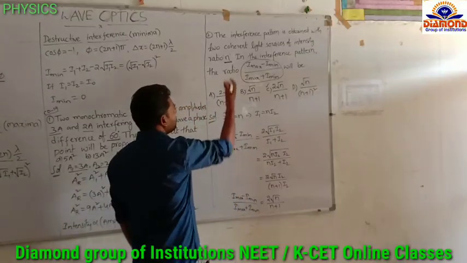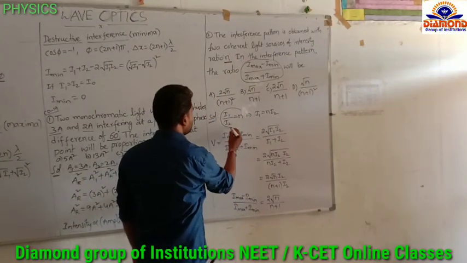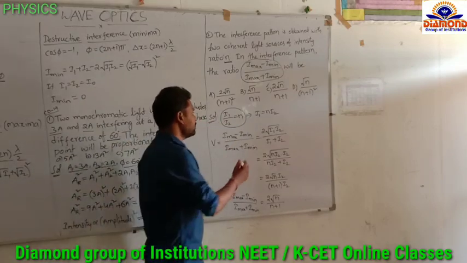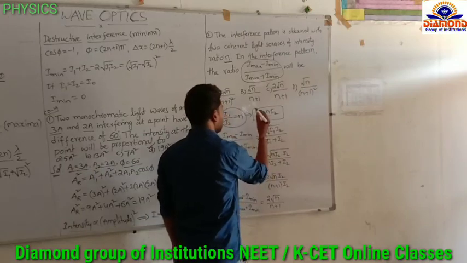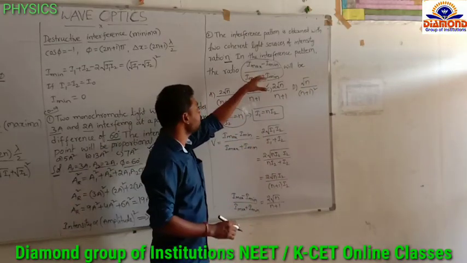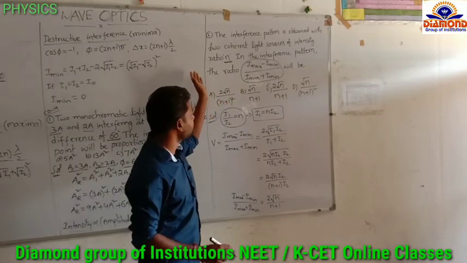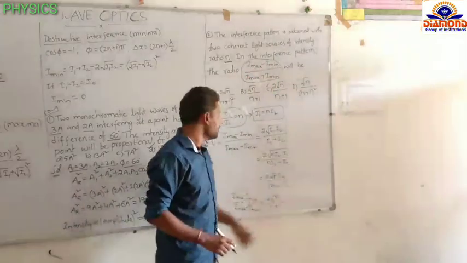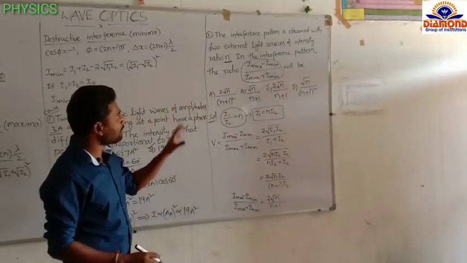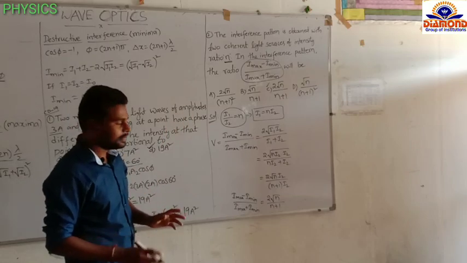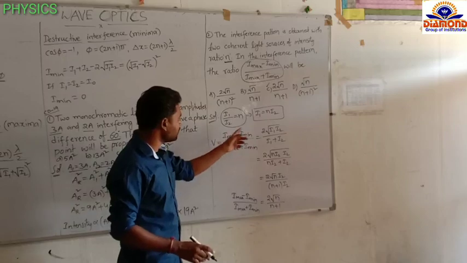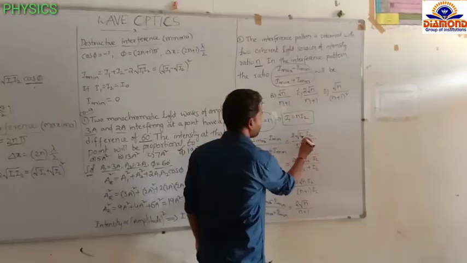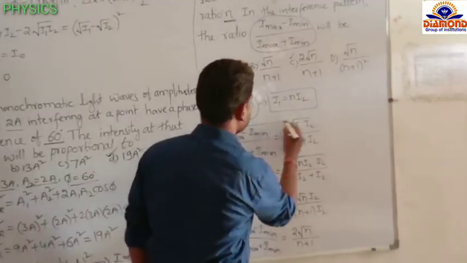Now see the solution. From the given data, the ratio of the intensities of the two waves, I1 by I2 equal to n. From this I get I1 equal to n I2. Sometimes in the question they may ask to find the fringe visibility, or sometimes they may ask I max minus I minimum by I max plus I minimum. Here the fringe visibility and I max minus I minimum by I max plus I minimum are the same. So the fringe visibility formula is nothing but I max minus I minimum by I max plus I minimum. After simplification we get the formula 2 into square root of I1 I2 by I1 plus I2. Remember this one, important one.